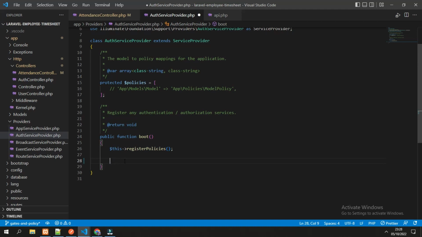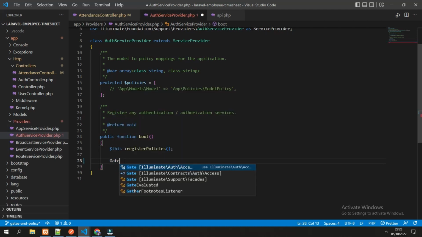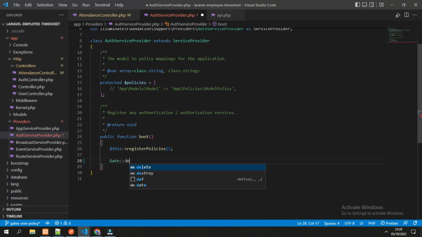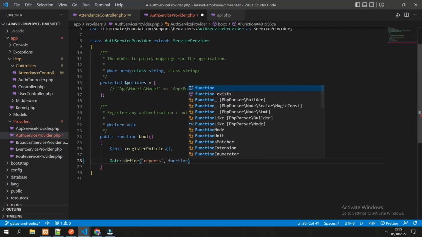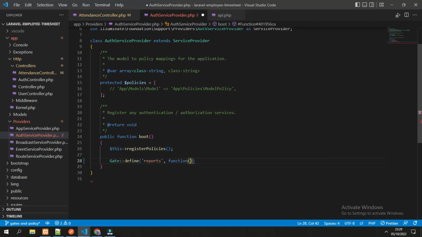To register the gate, we simply use the gate class to define the authorizations. The first parameter is the name of the access. For example, it will be reports, and the second parameter is the function that accepts a user.